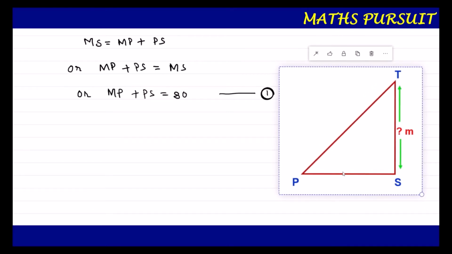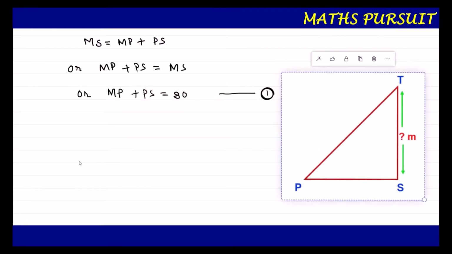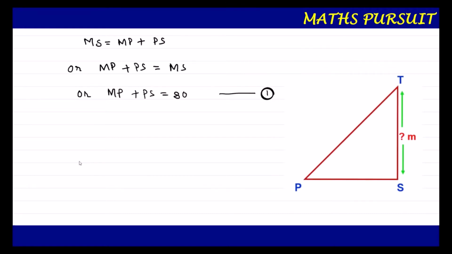So if you look here, we have SPT, and from the original diagram, angle P is 60 degree. Now let us apply the trigonometric identity tan theta to this angle 60 degree. We very well know that tan theta is equal to the opposite side of angle theta, that means here in this diagram it is ST, upon the adjacent side of angle theta, that means here it is PS. I hope till here we are very clear.